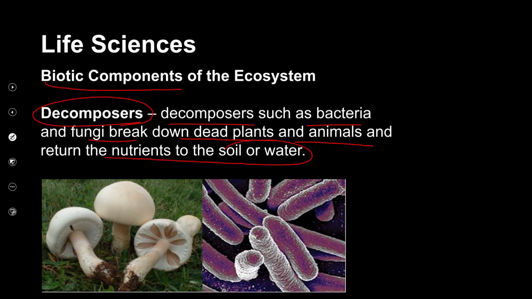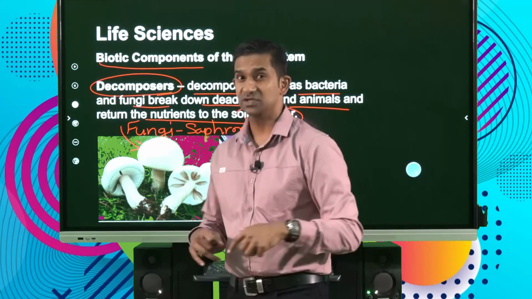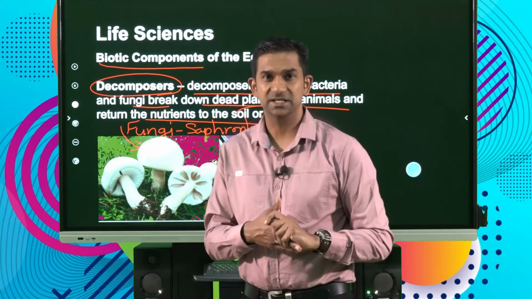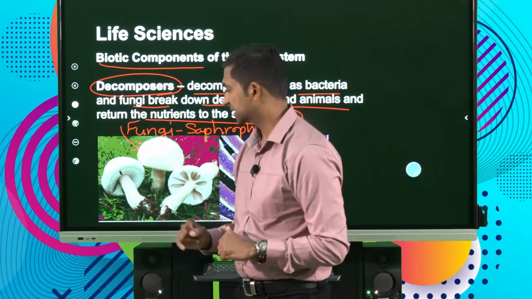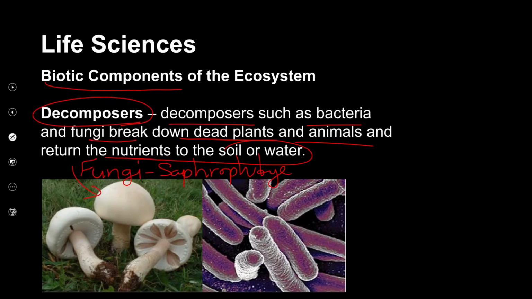This is an image of a mushroom or a fungi, and often these are referred to as saprophytes. And your saprophytes are those individuals that feed on organic matter. So they do not photosynthesize, as you would see that mushrooms do not have the ability to photosynthesize. They lack chlorophyll, and so they live off dead organic matter. So often you will find mushrooms growing on